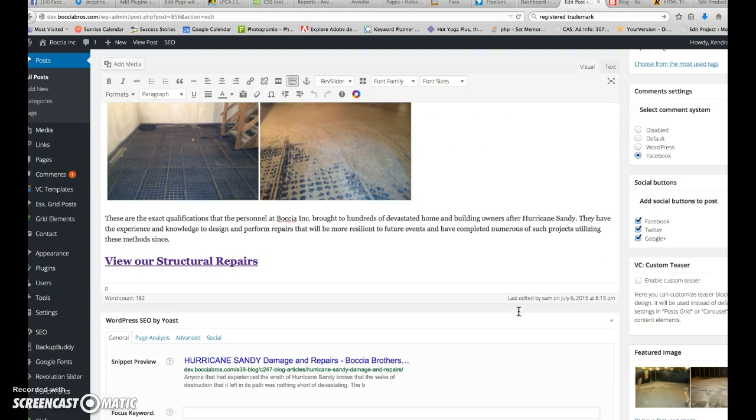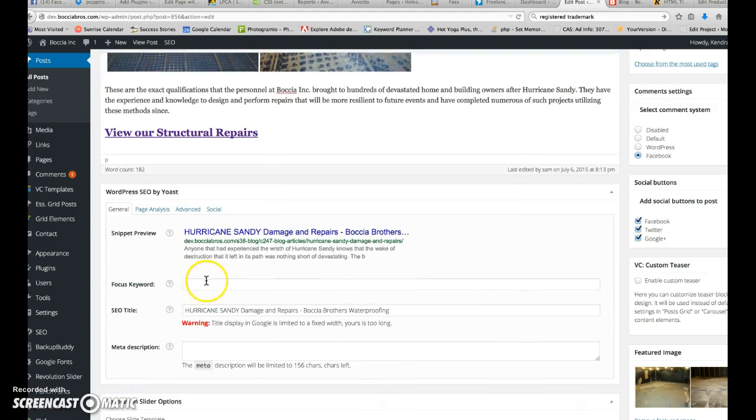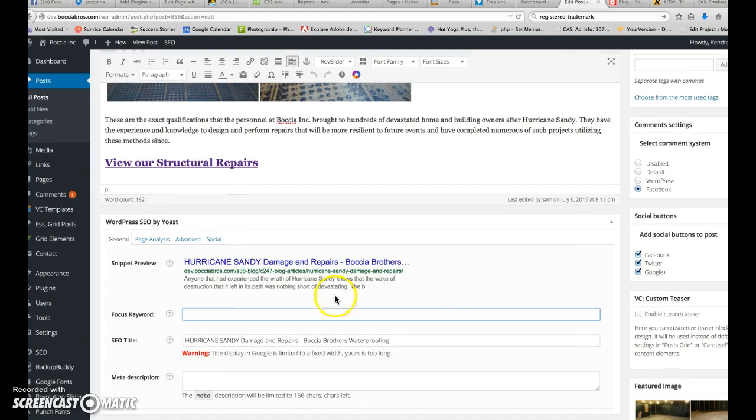Okay, and also super important is this SEO area when you're doing blog posting. Make sure that you choose a keyword to focus on for each different blog post. So for instance, this was Hurricane Sandy damage. I mean, that's pretty great. Not great, but that's a pretty great bunch of words to focus on. If you get confused about any of this, there's little helper icons over here that help you figure out, and it tells you too,